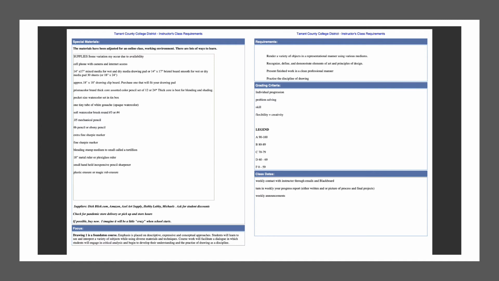The other side is some information about your grading, which has always been in the course requirements, information that's important to the drawing experience. On the right-hand column, under focus, it gives you a description of what a basic drawing class is about. So when you go into your grading and you look at your legend, you see the grading